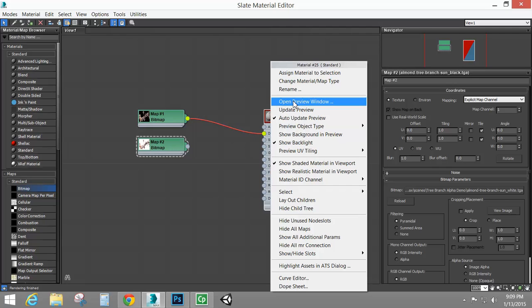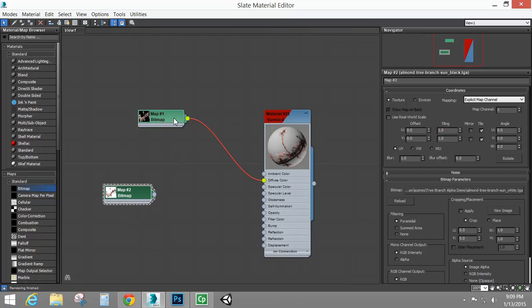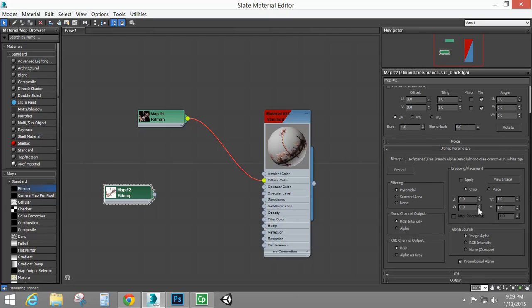There's a little preview box you can open up here. So I'm just going to do, actually if you double click that, it'll show it. So I need to set up this image to have the alpha channel here. So I'm going to move this out of the way for just a moment. And right now this is going into the diffuse. I'm going to set my alpha source to none, opaque. I'm just going to make the black area there pop up. I'm not sure why that's not updating, but